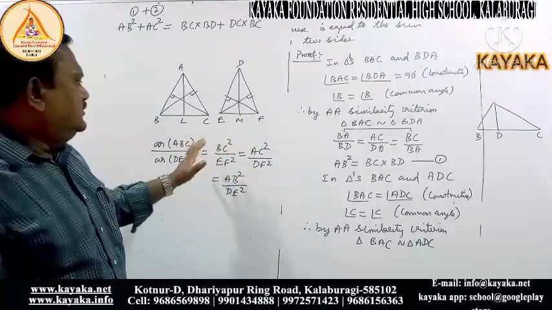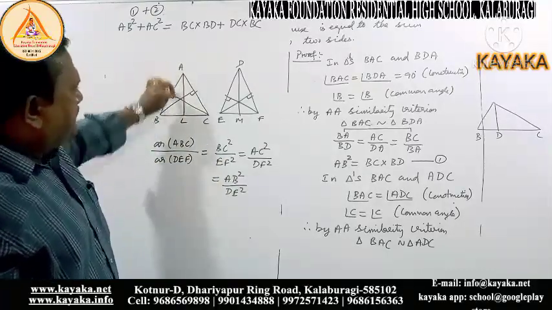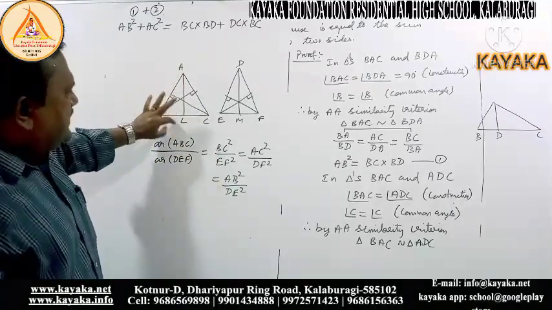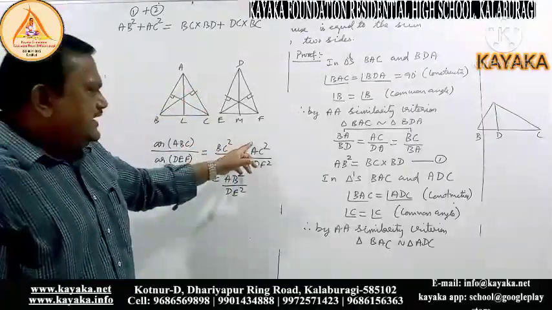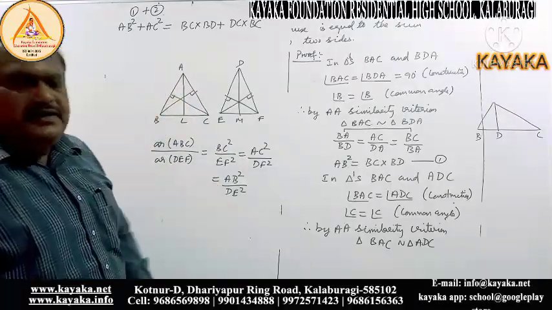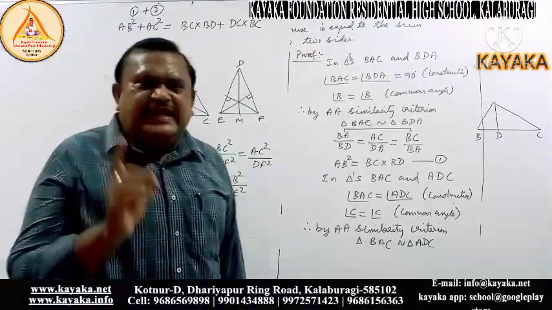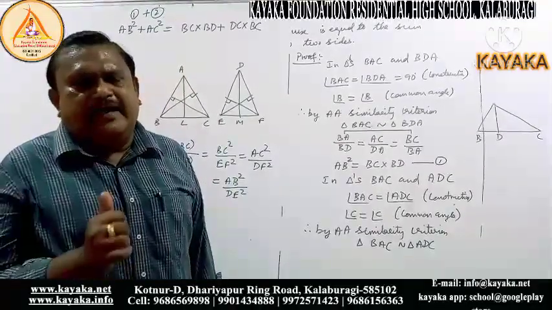Dear children, this one I forgot to tell you. Whenever you drop the perpendicular, where it comes: if it comes to BC, you write BC squared by EF squared. If it comes to AC, you will get AC squared by DF squared. If it comes to AB, you will get AB squared by DE squared. Okay, dear children, study nicely, practice these 2 theorems and try to get good marks. Okay, bye, take care.